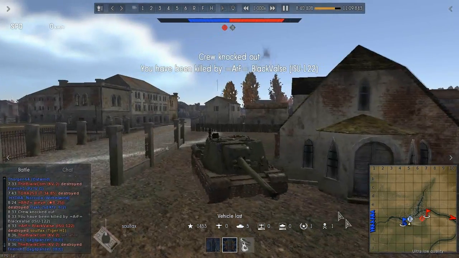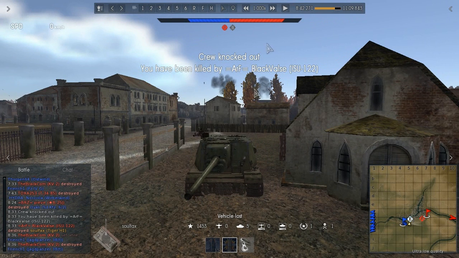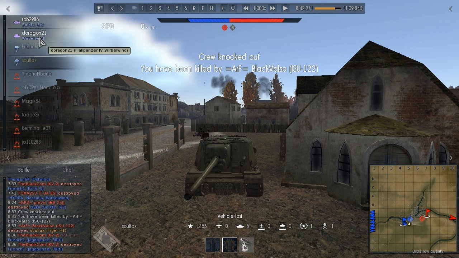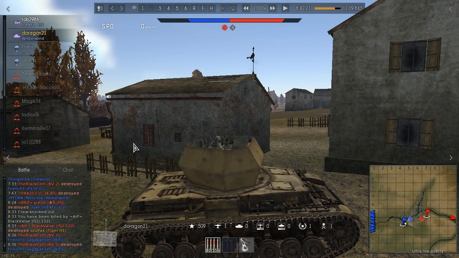I got killed a few more times here, and that's what I wanted to show you here. That's how you're supposed to play your Tiger. You're supposed to cover your front, cover your sides with some actual hard cover. You're a very good tank. You're supposed to be able to hold one complete flank with one or two of your tanks, and that's basically